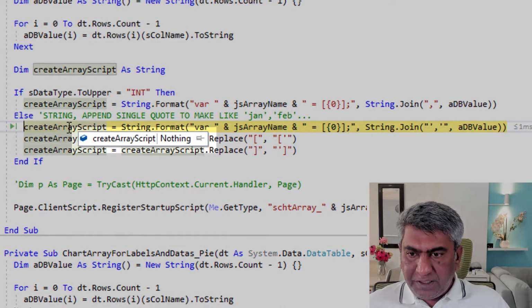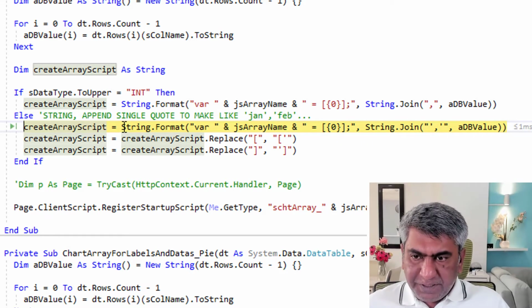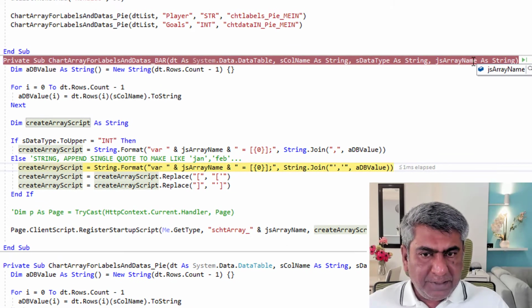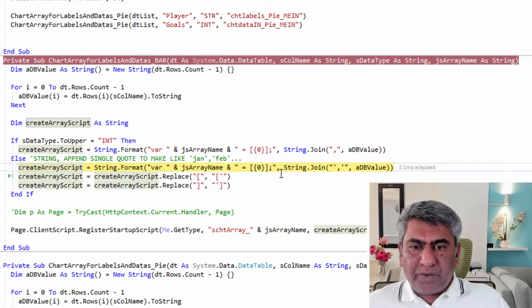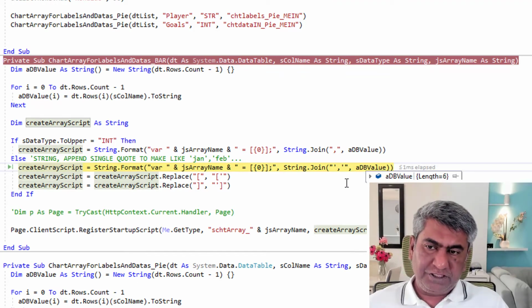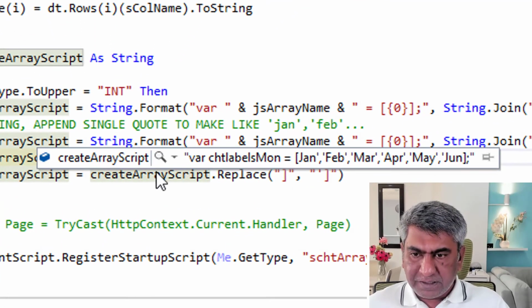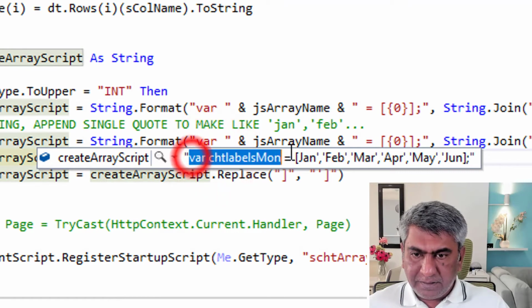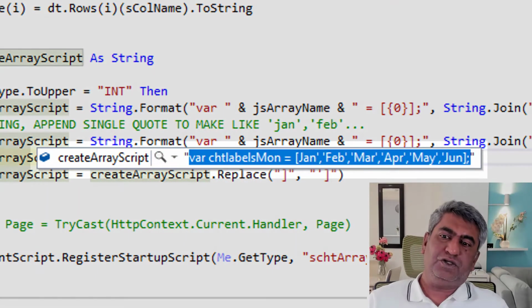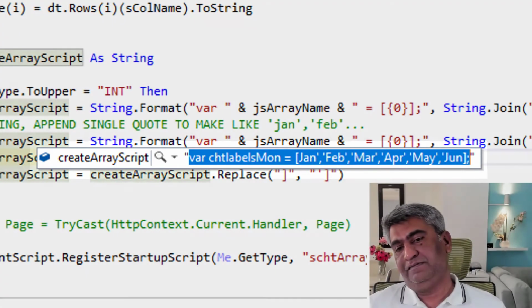First thing, this variable is nothing now, and it has been written that the variable JS array name, which is chart labels months, equals all the values of the ASP.NET array. So this is how it is done. If I press F10, you will see what I get in this. I get this in this. So I have created a JavaScript array in the code behind of ASP.NET.